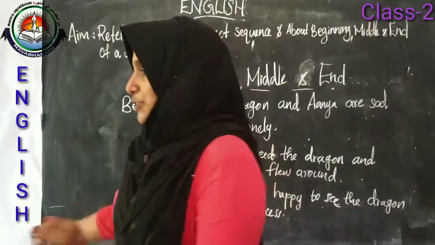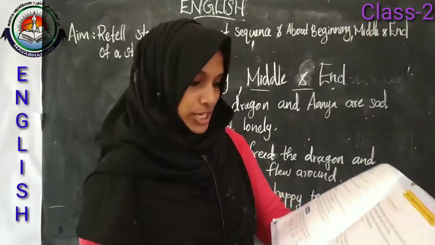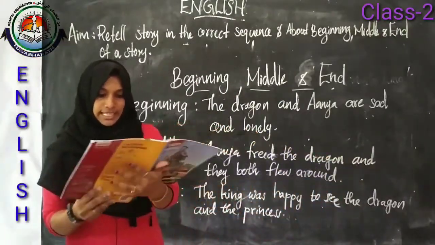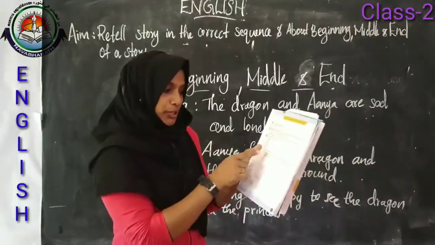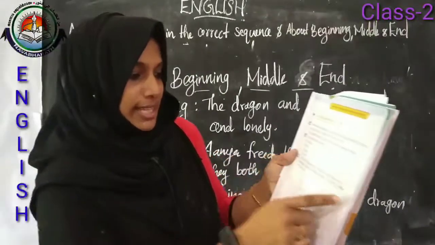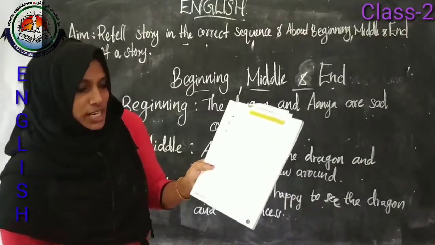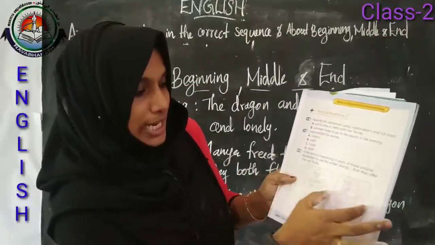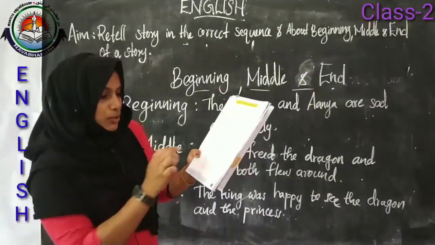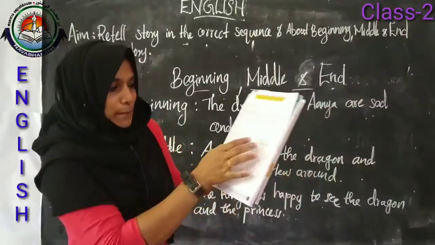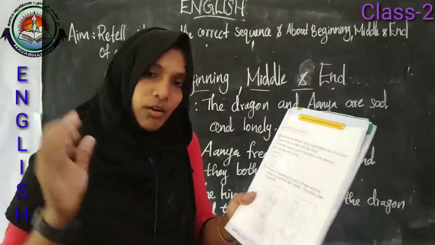Okay dears, then let's move on to our textbook practice questions. Here is question number 3 from page 9. Write what is happening in each of these pictures. Remember to use the order words first, then, after that and finally. So here 4 pictures are given. You have to name these pictures. This picture is about a little boy who is making a snowman. So based upon these pictures, you have to put them into an order.